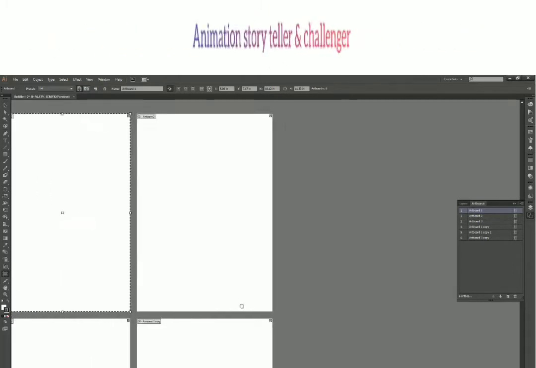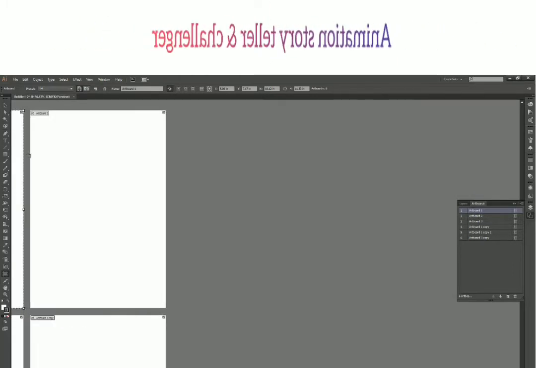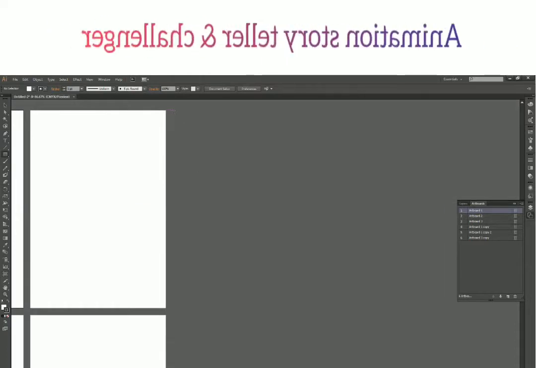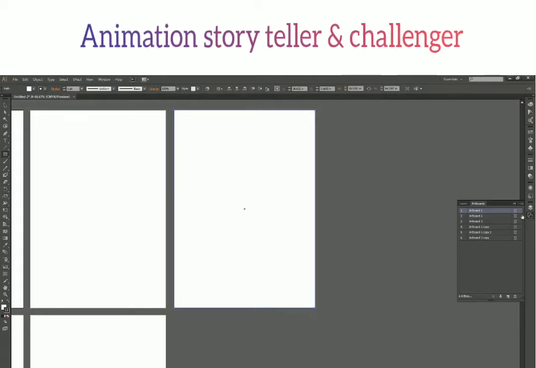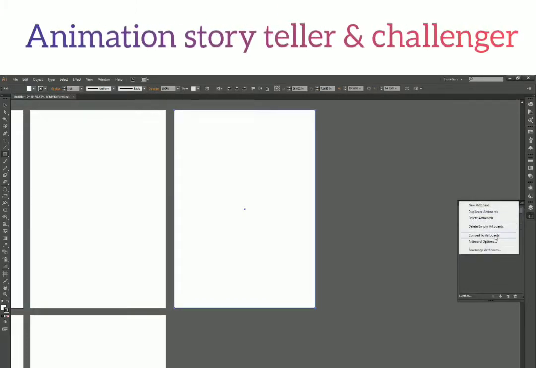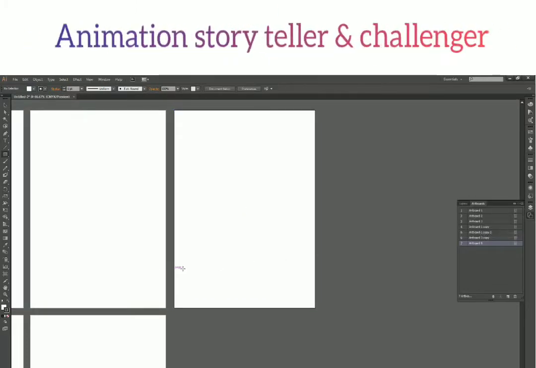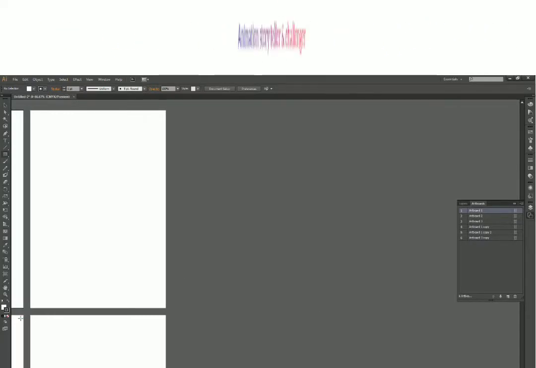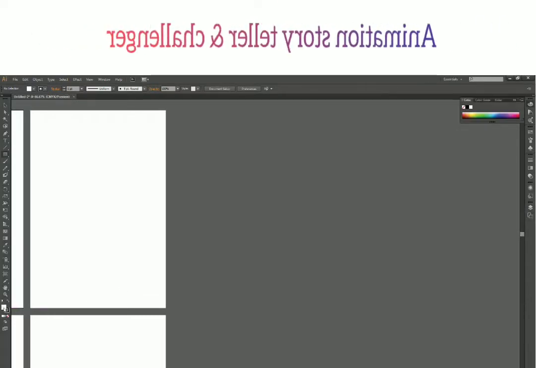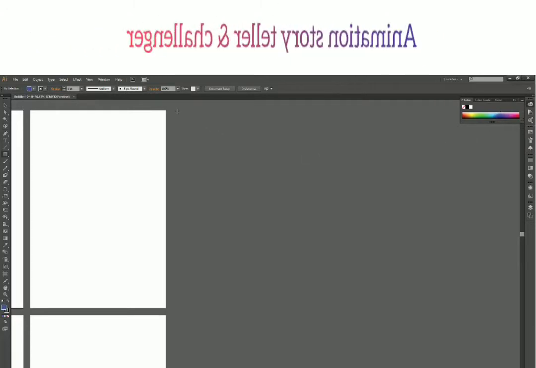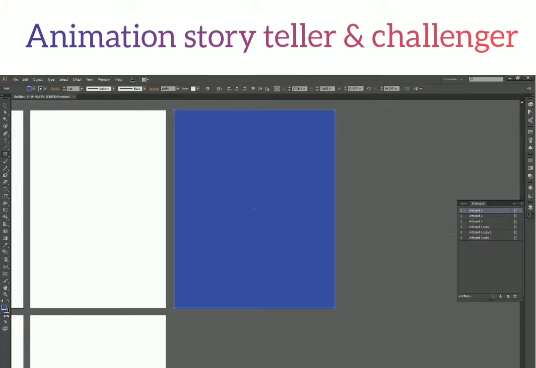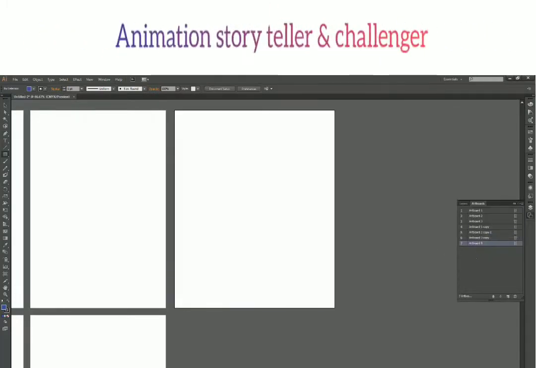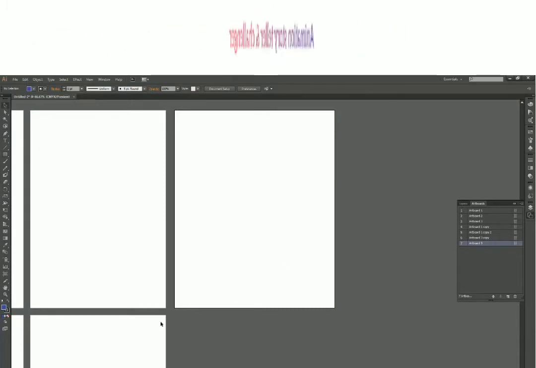Now, if I want to create a new artboard, what can I do? One option we have seen is we can make a rectangle anywhere and from here we can say convert to artboard. Oh, the rectangle was already in white color, so let us choose another color. So one option is that I can create a rectangle and from the artboard panel convert it to an artboard. So I have my new artboard here.